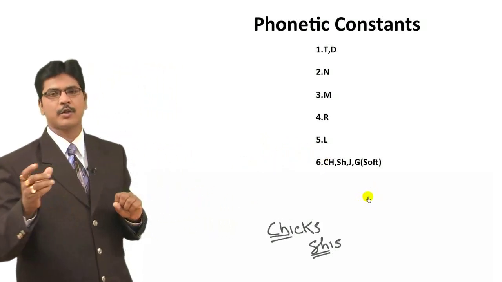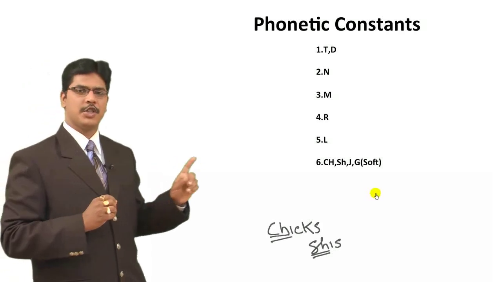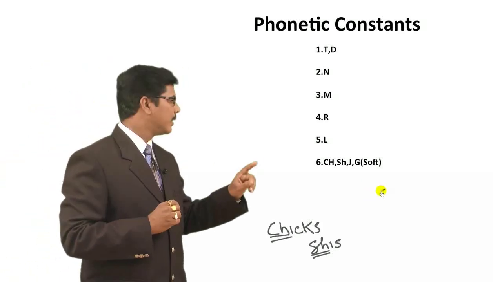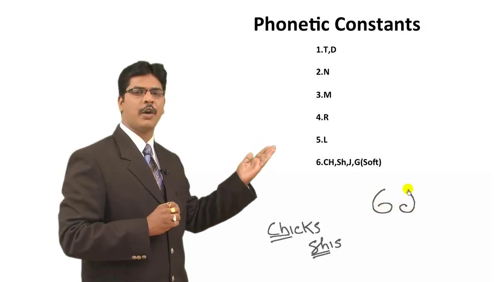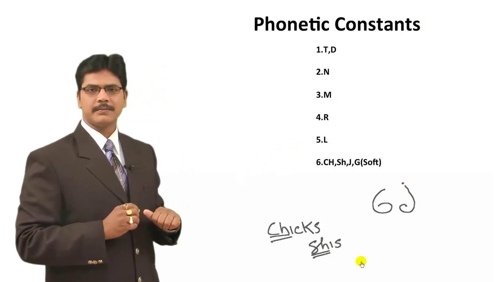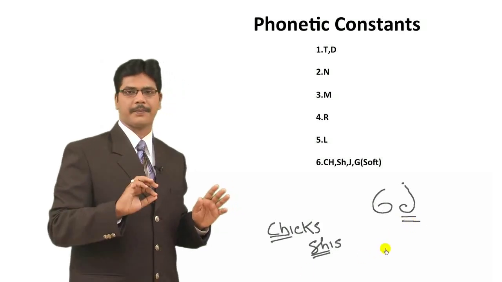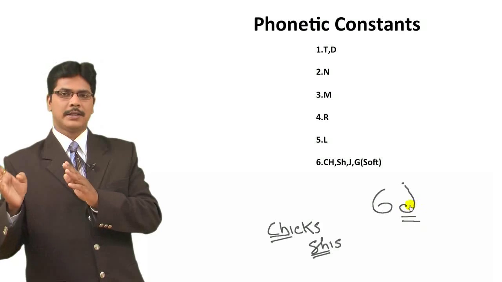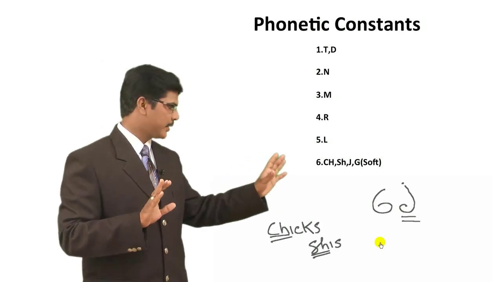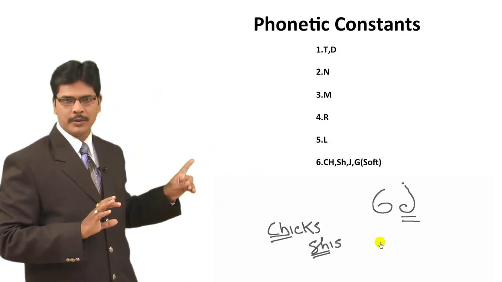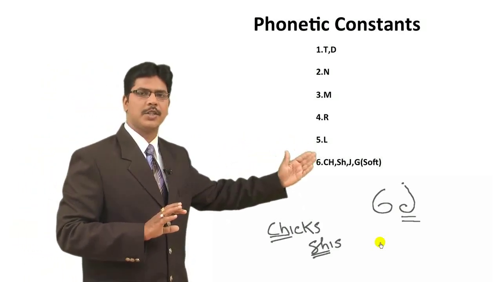Apart from ch and sh, there is also one more sound for 6, and that is j. Do one thing. Take 6 and put it before a mirror. The mirror image of 6 appears like j. Got it? So that's why for number 6 it's also j. Now it is not just because you have put 6 before the mirror that it appears like j. It's only an aid to remember that. Okay. So the sounds as of now are ch, sh, j.